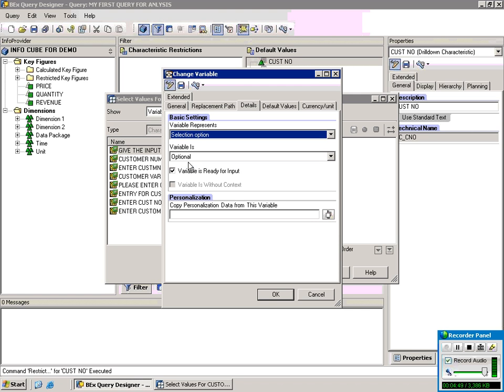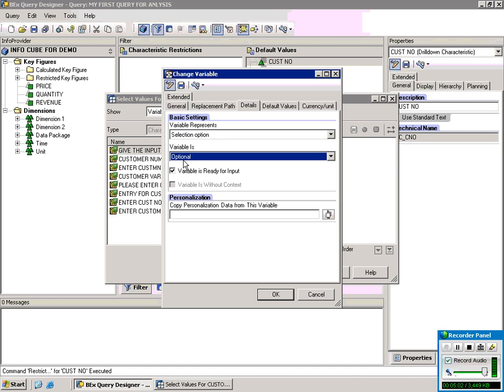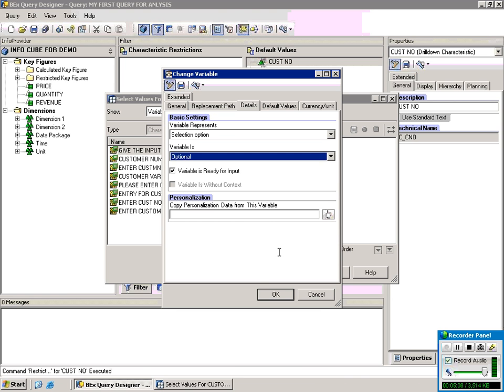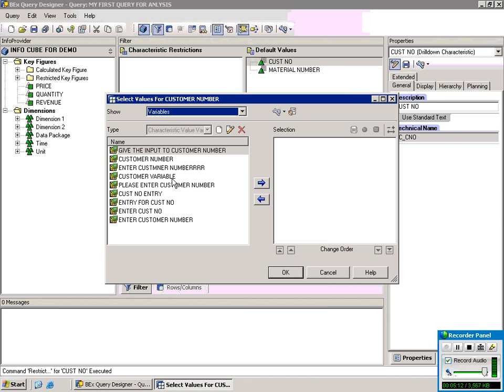Interval. Usually I said we select selection option. That means selection option includes all the things: single value, multiple single values, value ranges, interval. Okay, and variable entry is optional or mandatory. Let us say I'm saying optional, and any default value you want to give, then save this particular variable,